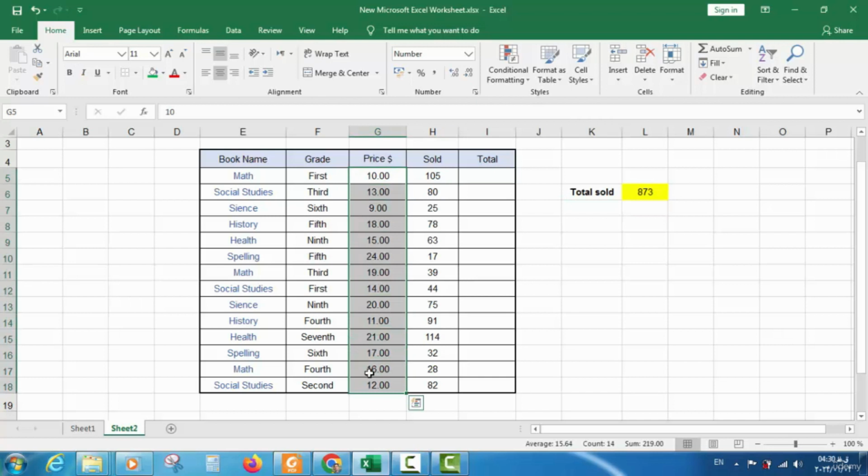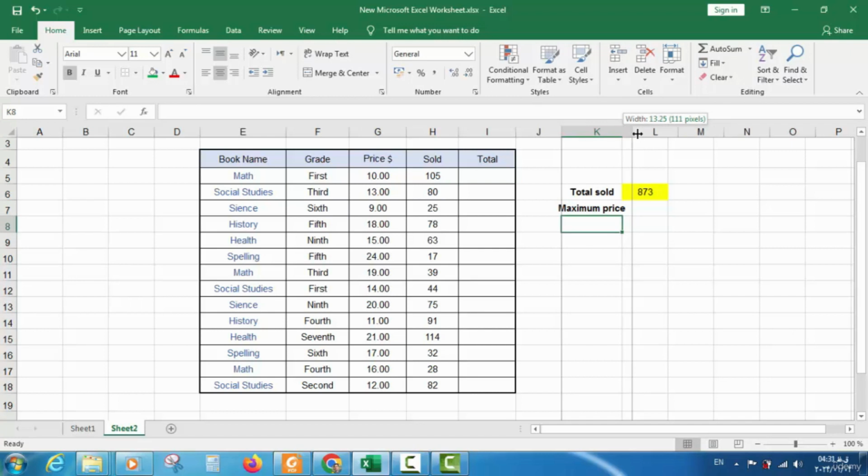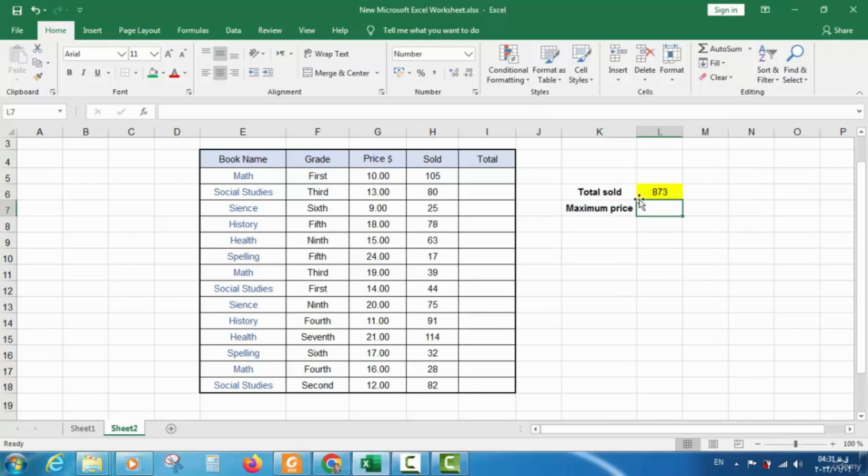By selecting the appropriate column and closing the parentheses, then pressing enter, you will obtain the maximum price. Okay, I do it. Maximum price. Equal sign and type max,